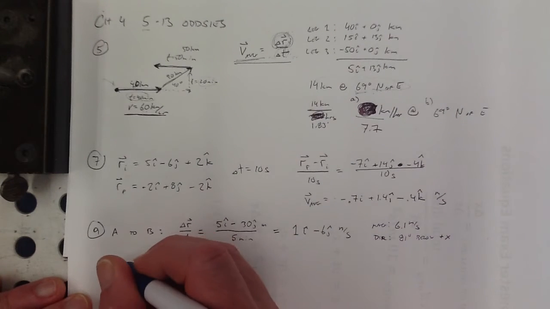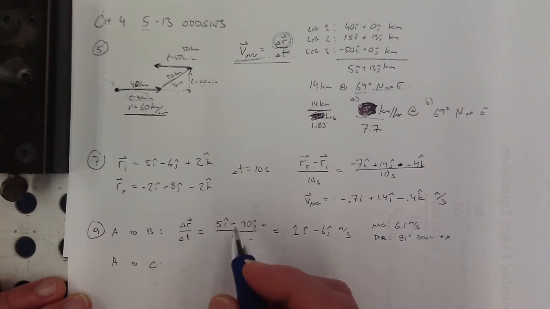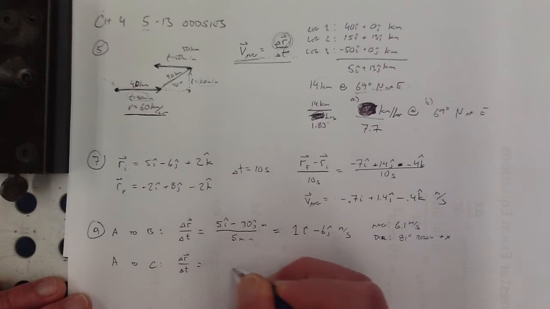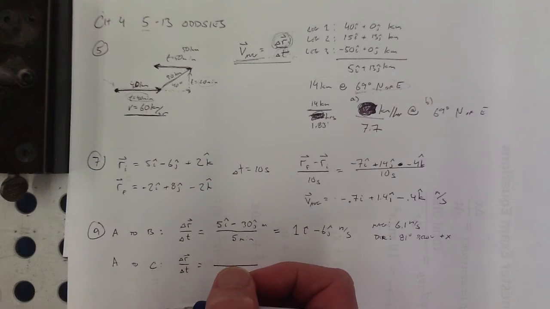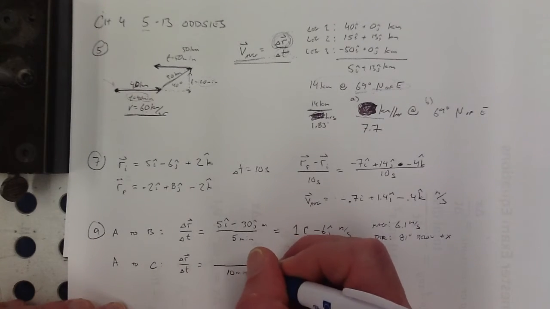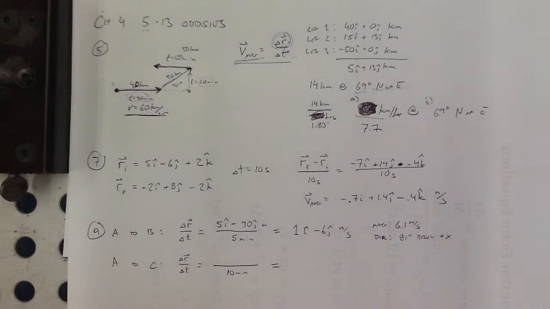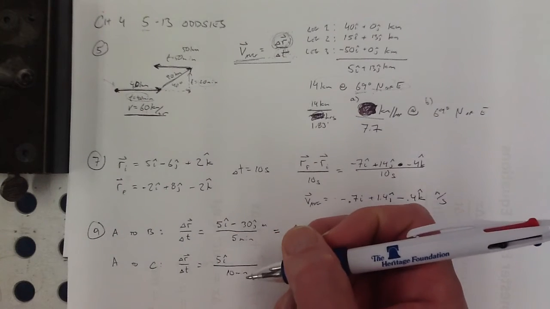All right, from A to C, same thing. From A to C, they're happening in 5-minute increments. So from A to C is going to be 10 minutes now. And to get from A to C, don't have to go very far at all. I just have to go 5 meters in the I direction. And,